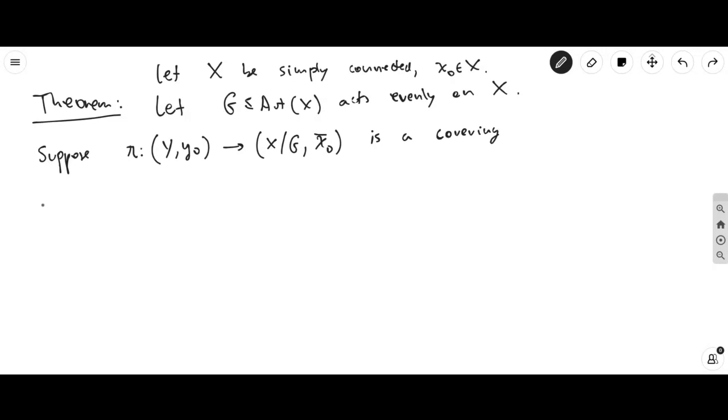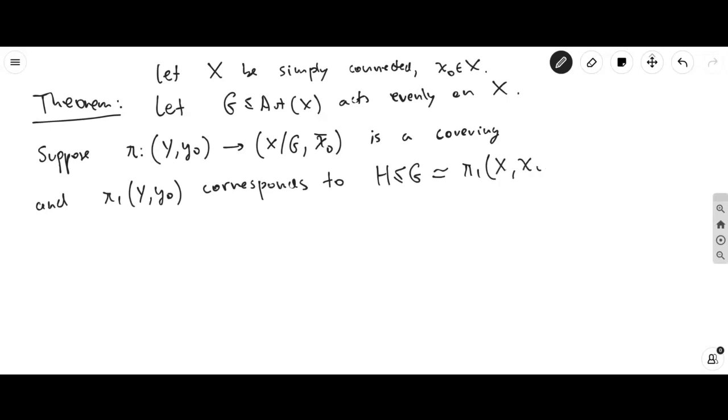and the fundamental group of the covering corresponds to H, to some subgroup of G, where G is the group that's isomorphic to the fundamental group of the base. So this is the base. As we remarked before, the fundamental group of the base is isomorphic to G, and the fundamental group of the cover is a subgroup of the fundamental group of the base, so therefore it corresponds to some subgroup of G. Let's call it H. So then